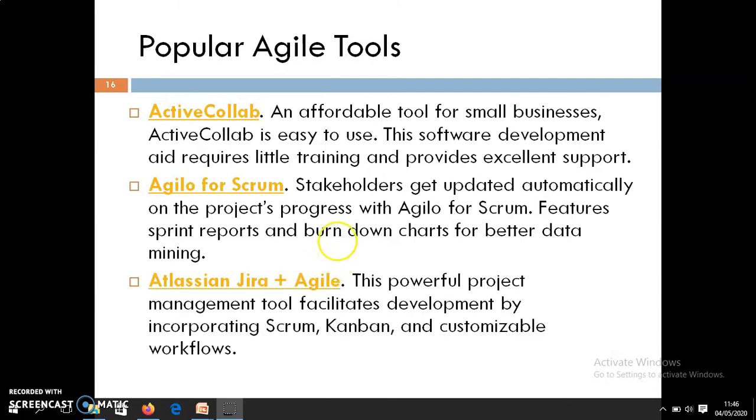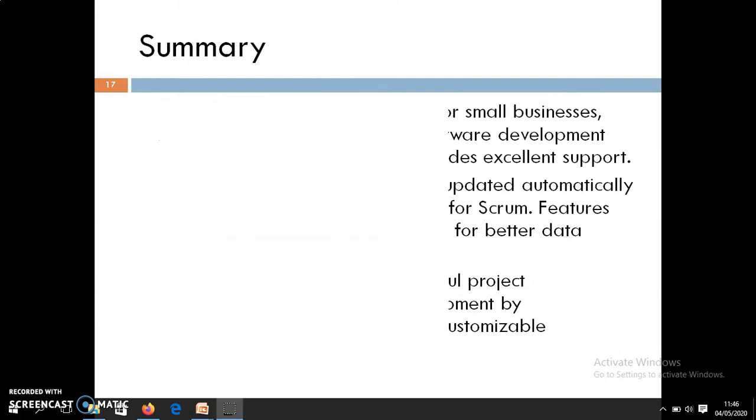The third important tool is Jira. Atlassian Jira plus Agile: Jira is a proprietary issue tracking product developed by Atlassian that allows bug tracking and agile project management. It is written in Java and version 8.8.0 was released on 9th March 2020.